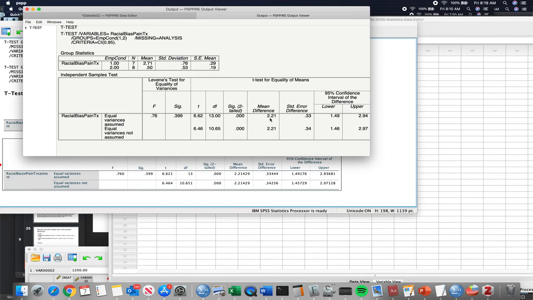I get it. Mean difference. This is our signal, a signal of our experiment. Standard error of the difference, 0.33. That goes on the graph. You also put the degrees of freedom of 13 on the graph. 95% confidence interval of the mean difference. Worst case scenario,